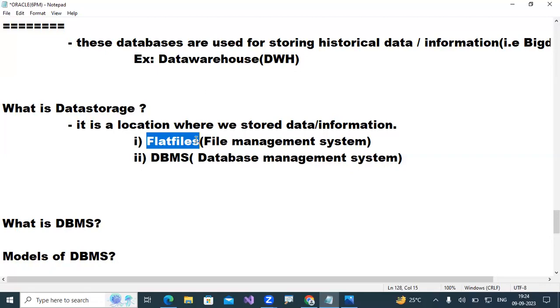So if confidential data about a business or a person is saved in flat files, one of the biggest problems is security. There are also data storage level problems, data manipulation problems, data retrieval problems and data validation problems. There are so many problems when I save my data in files.